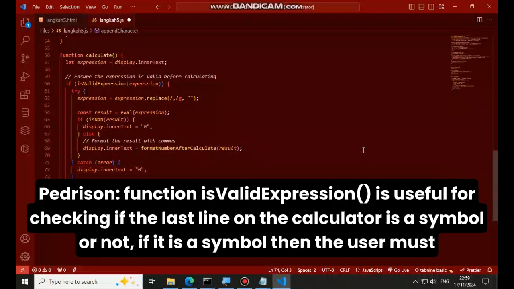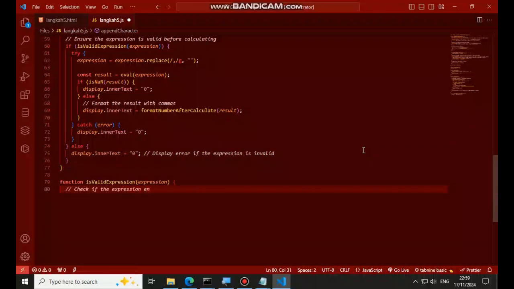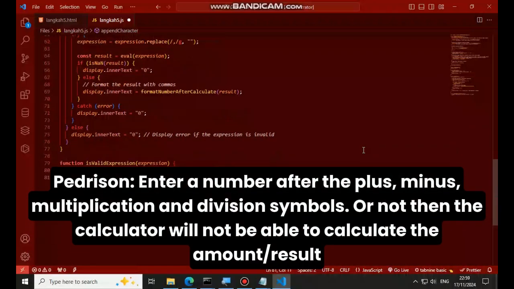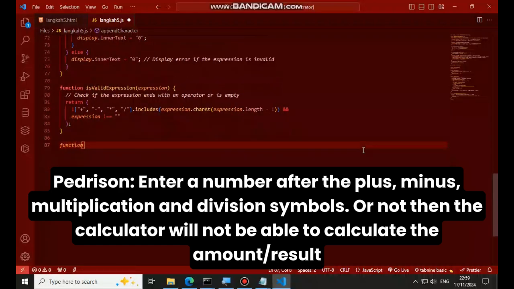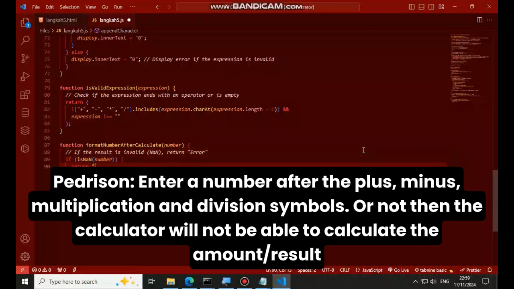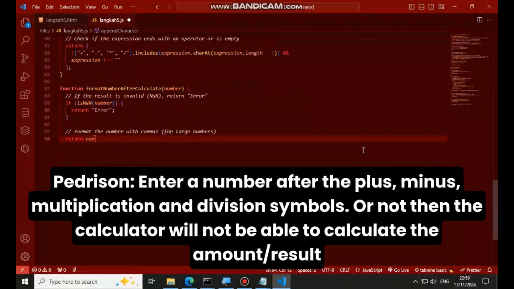If it is a symbol, then the user must enter a number after the plus, minus, multiplication, or division symbol, or else the calculator will not be able to calculate the result.